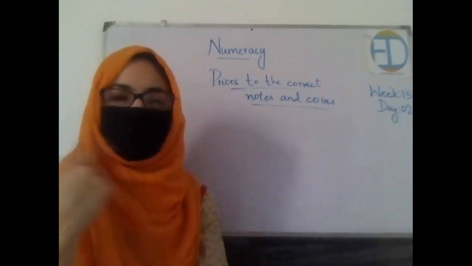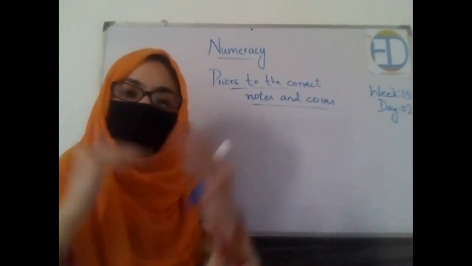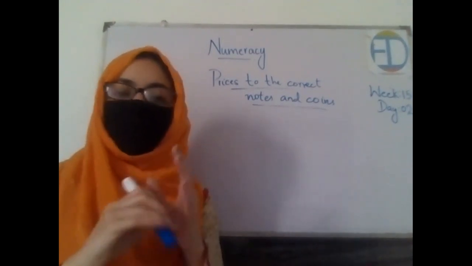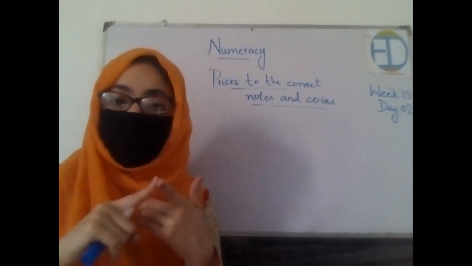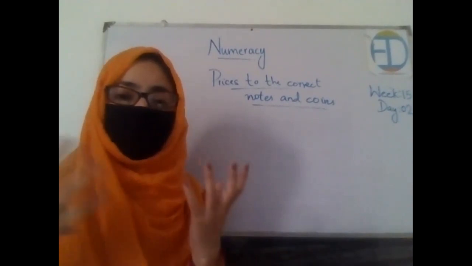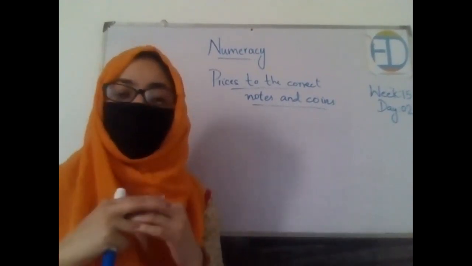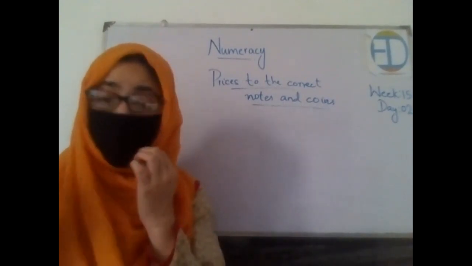And what we discussed in yesterday's class was that, let's say you want to buy something whose price is in between these coins. We don't have a coin of 3 rupees, 4 rupees, 6, 7, 8, or 9, right? So what if you want to buy something which is 9 rupees? What if you want to buy something which is 3 rupees? How will you buy that? Or is it not possible to buy that?